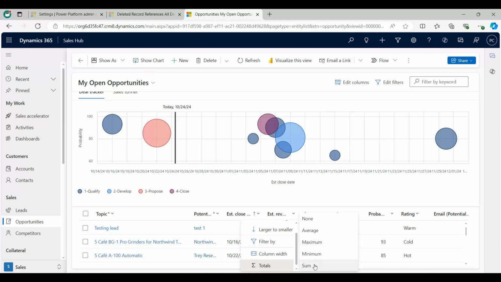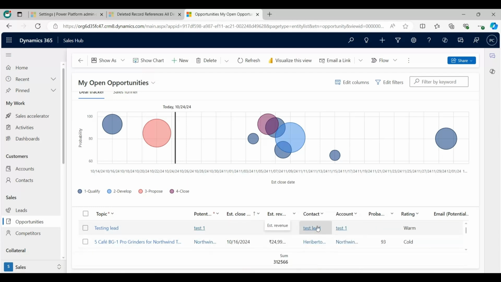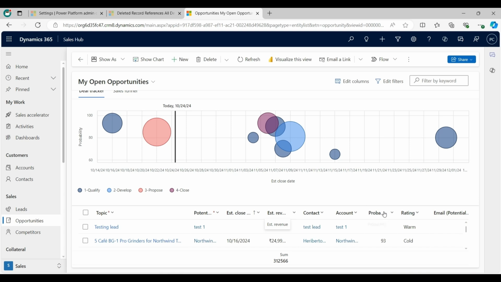Now I am selecting the sum from here, and multiple numerical columns can be aggregated simultaneously. Now I am clicking on the Probability drop down. In the same view, we can adjust the view to display the average value.